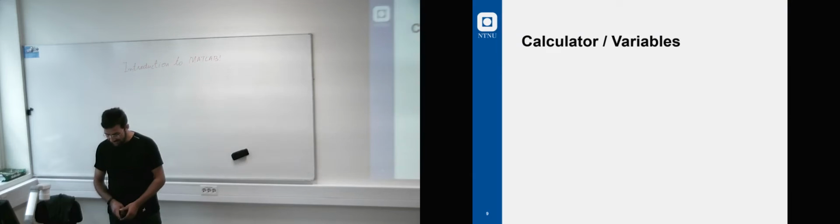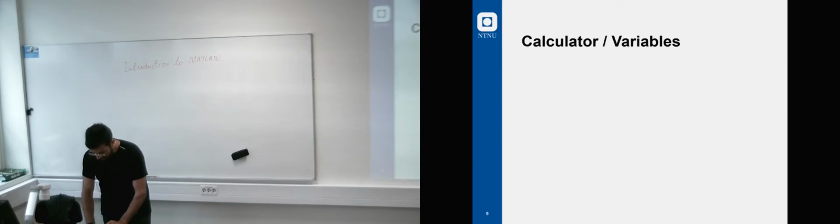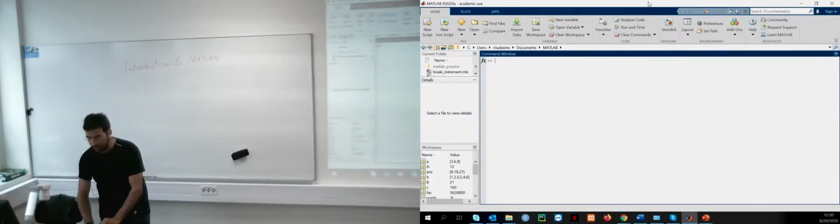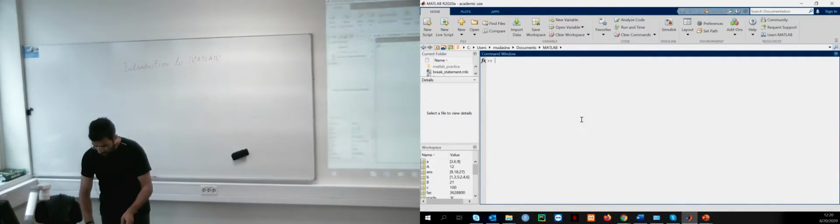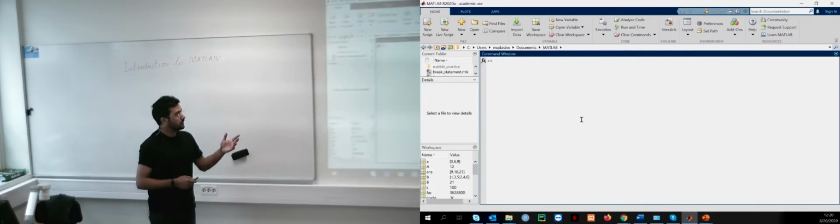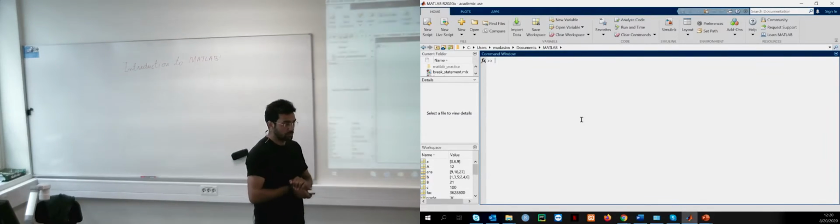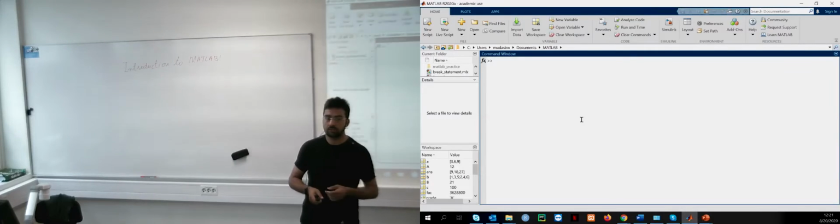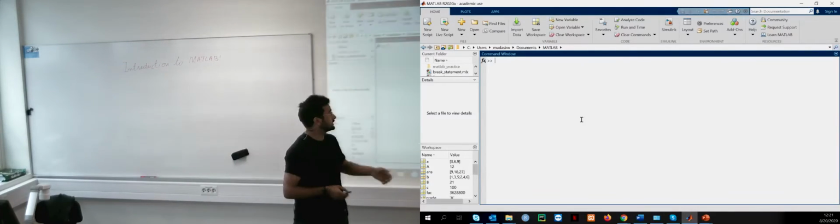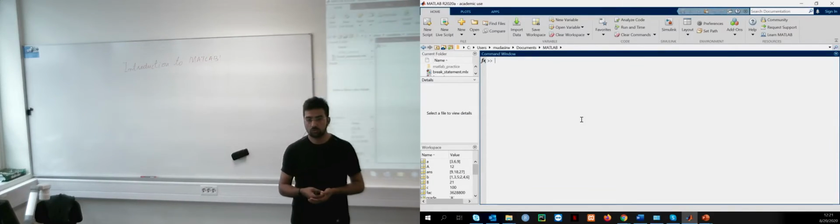So we will start, and meanwhile I will open my MATLAB version. Can you see it now? Yeah. This is the command prompt where you have to write your code, where you have to write your commands, where you have to do everything you do with MATLAB. Although this is called a command prompt, first we will see how we can write simple commands to do normal calculations,